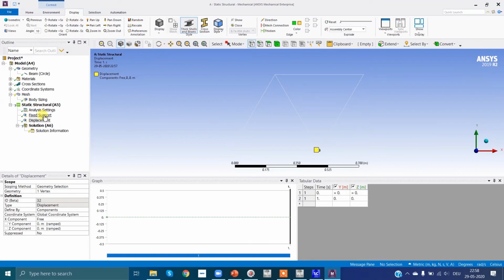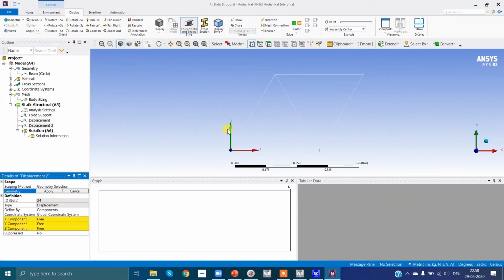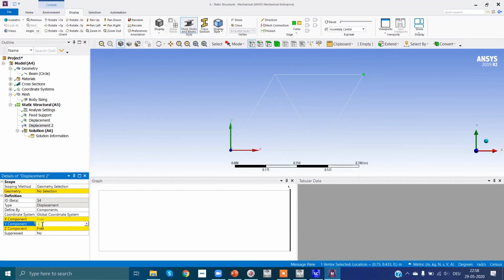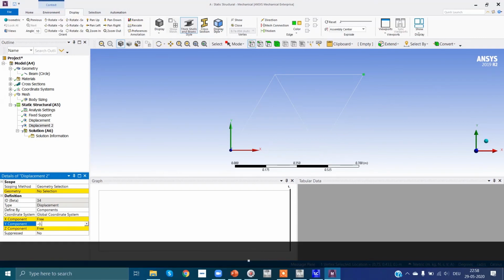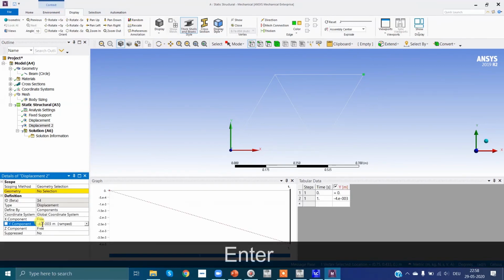So again right click on that, insert displacement, select the point, then negative y. So here just enter minus 4 mm. Our unit is meter, so we'll enter the value in meters. Enter.